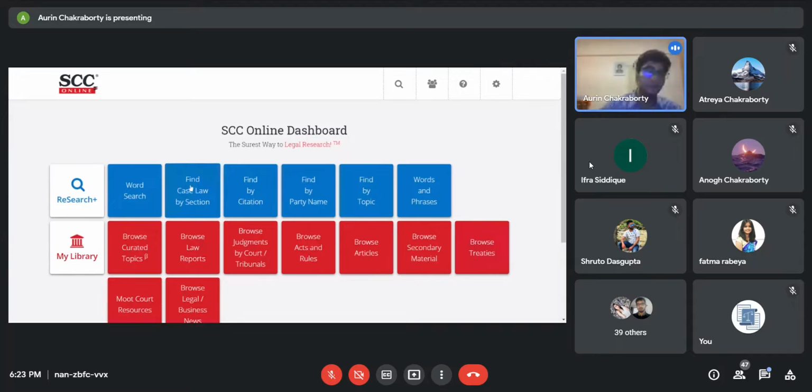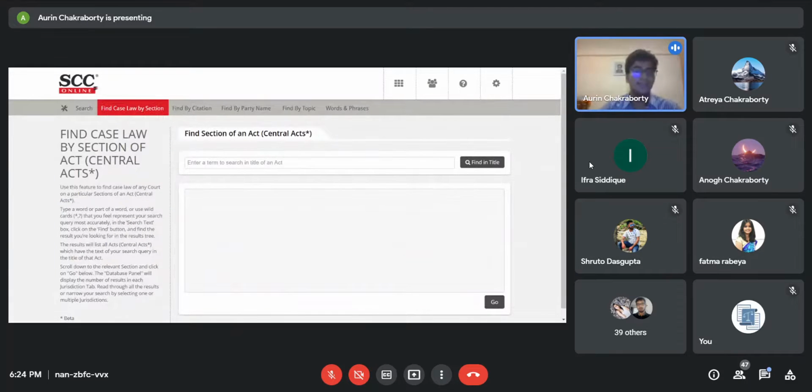Next up, there is a provision which helps us to find case laws via sections. If our senior tells us to get case laws on a particular provision, we can go into, for example, costs. We'll type Civil Procedure Code 1908, find the title, go to section 35.